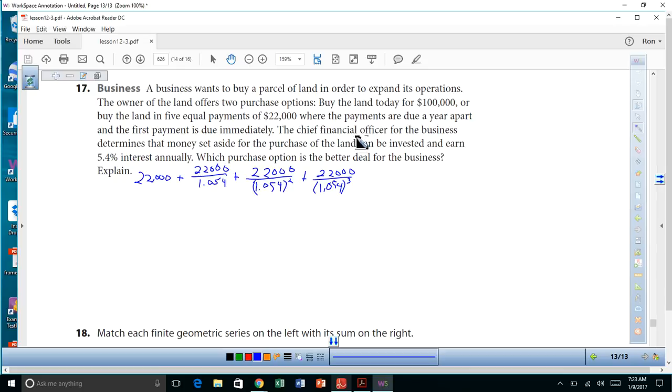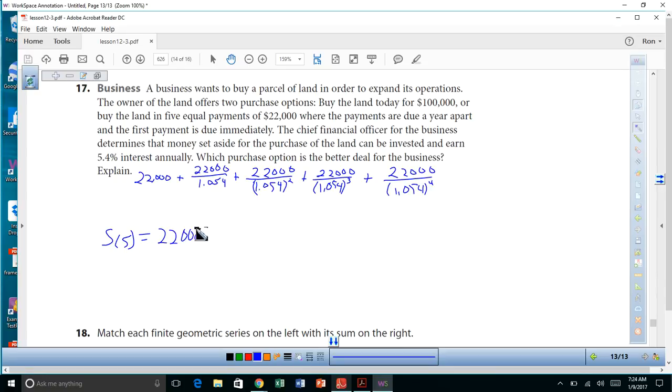And we got to go 5 years. 1, 2, 3, 4. So that would be 22,000 over 1.054 to the fourth. Okay, you could add those up or use the formula S sub 5 equals